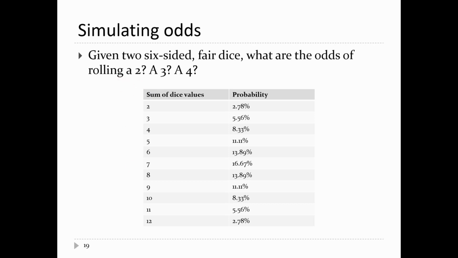Okay, so I'm going to make a table. Sorry, I'm just going to use a list. The index of the list is going to correspond to the value. So the element at index 2, hopefully when I'm done, is going to look like 2.78. The element at index 3 is going to look something like that, and so on. The elements at index 0 and 1 should just be 0, so we're not going to use those at all. So I want to make a list of size 13,